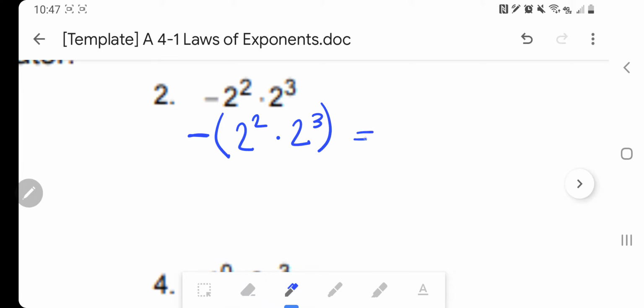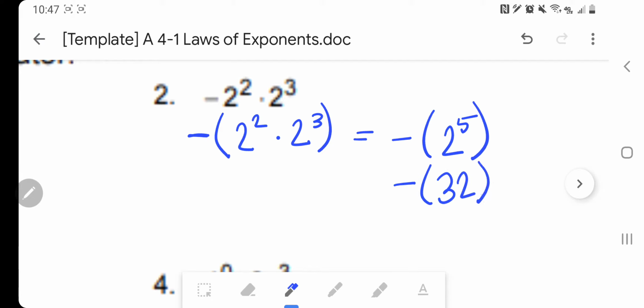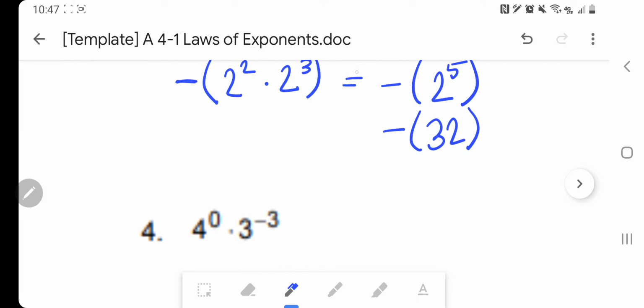And that will look like this. Now, you just have to do some math. What is 2 to the power of 5? 2 to the power of 5 is 32. Because we still have our negative sign on the outside of 32, our final answer is going to be negative